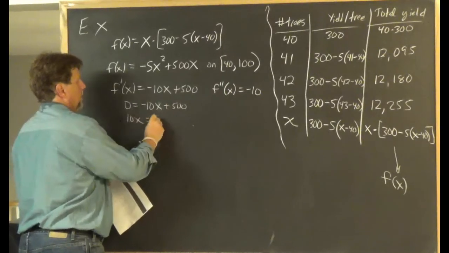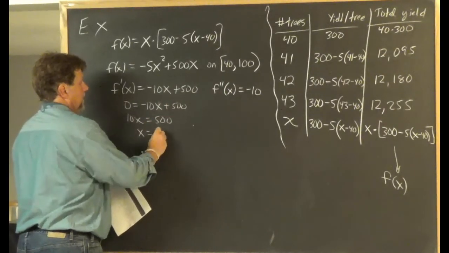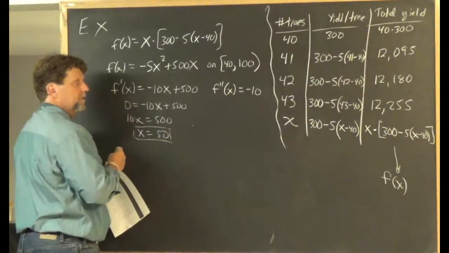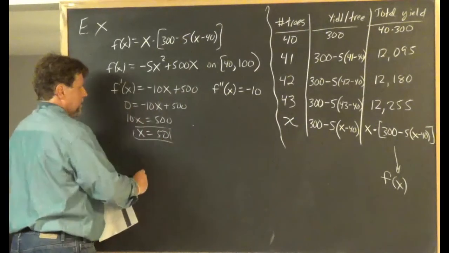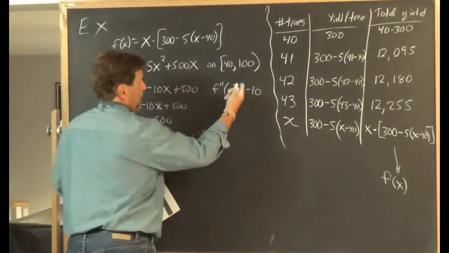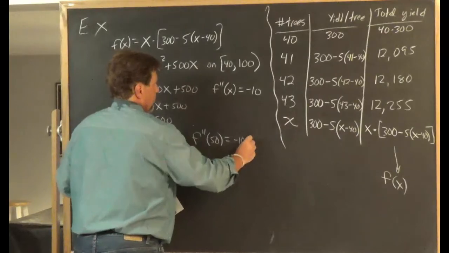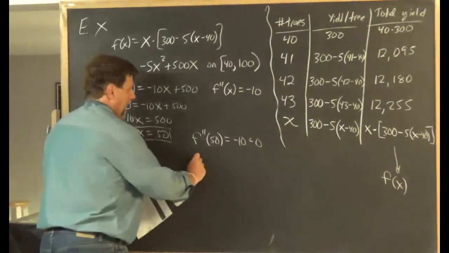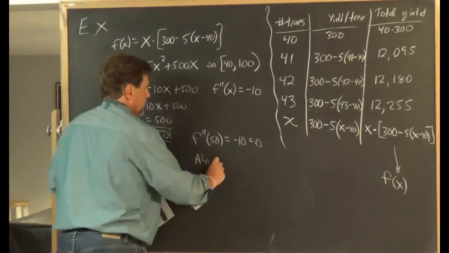And we end up with x equals 50. It's the only critical value, where the derivative is 0. I evaluate the second derivative at 50. And heck, I get negative 10, which is a negative number. That means we have an absolute max